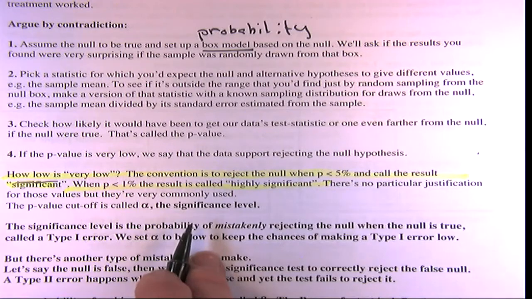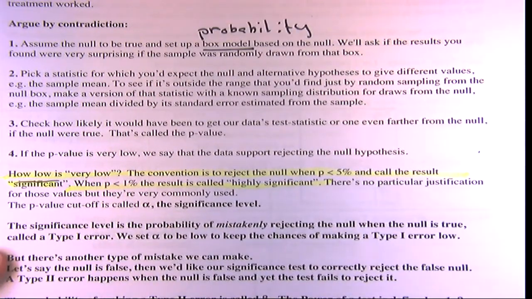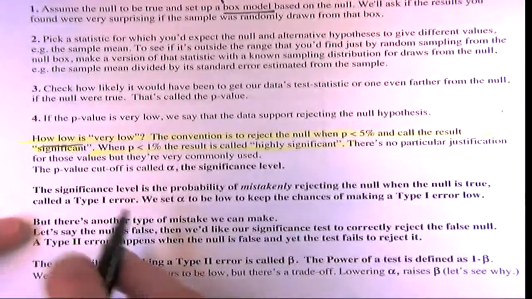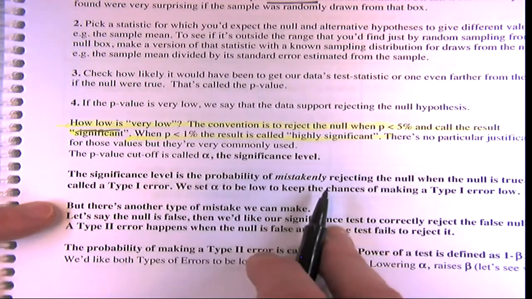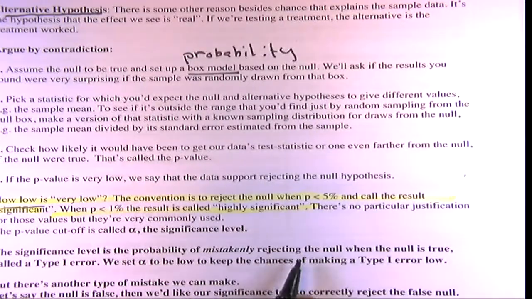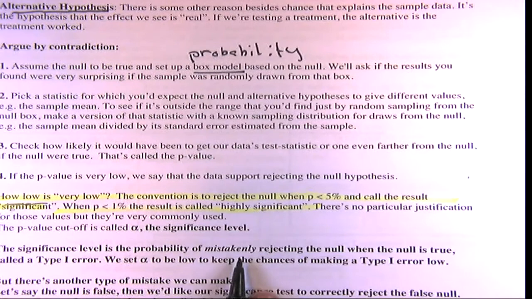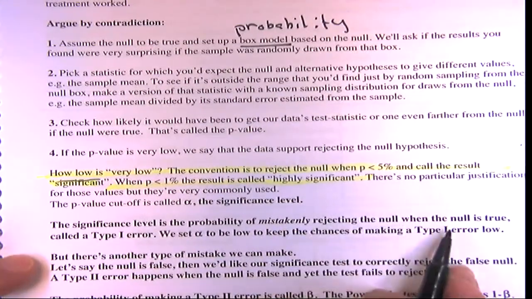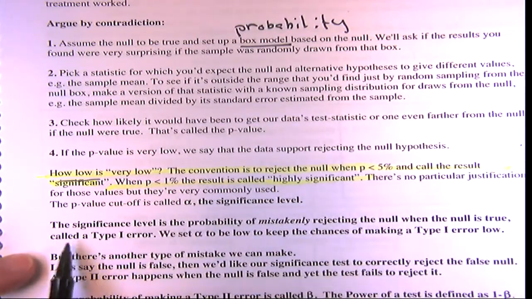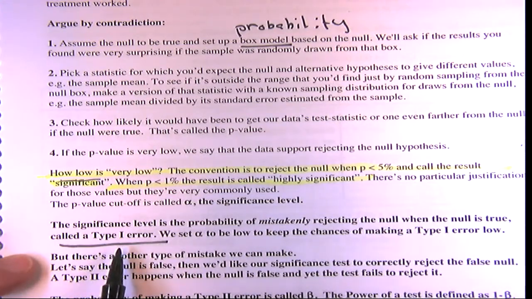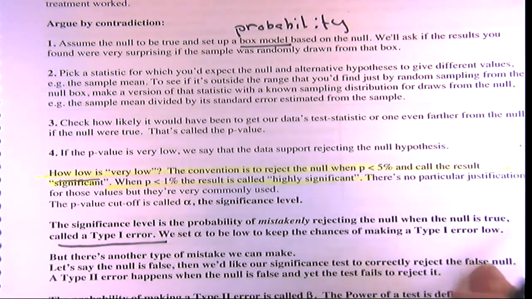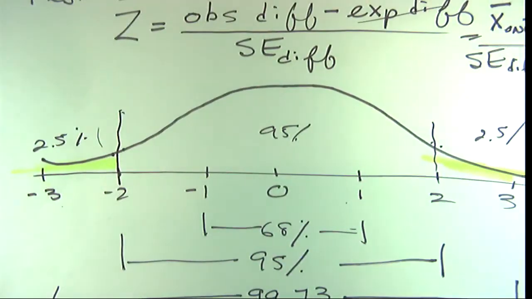Okay, so now where are we? That's called a significance level, and it's often set ahead of time, especially in calculating what sample size you need to achieve a certain power, which we're going to talk about later. Now, the significance level is the probability of mistakenly rejecting the null when the null is true. This is really important. It's called a type 1 error. We set the significance level to be low to keep the chances of making a type 1 error low. Why is that an error? Because